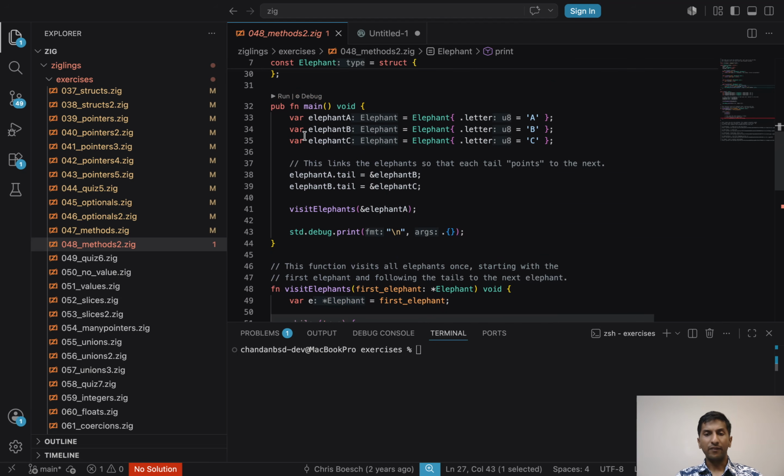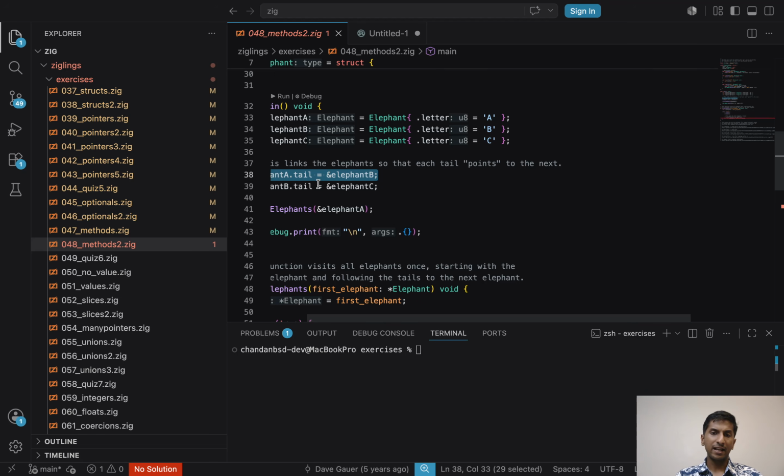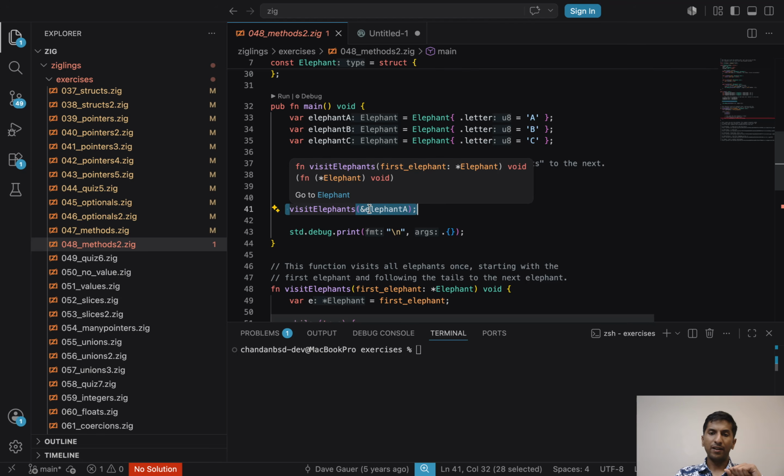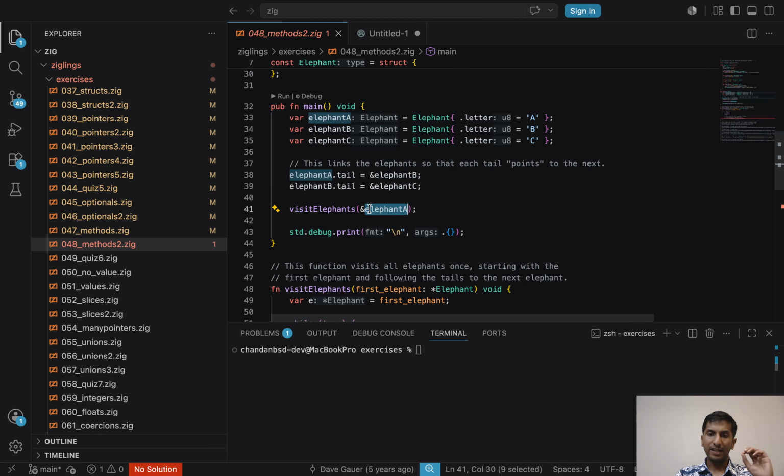Now, we have the main function, we have a bunch of elephants declared, and we're going to say the first elephant is connected to the next elephant, and the next elephant is now connected to C. A connects to B, B connects to C. I kind of want to make a circular dependency here, but that's fine for now. Let's see. Visit elephants. So now we're starting from elephant A,